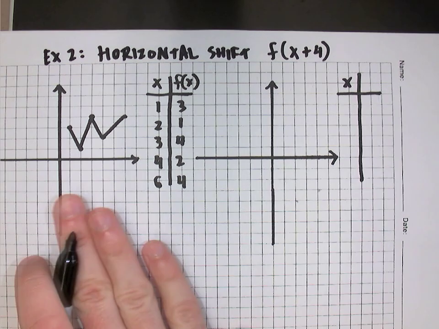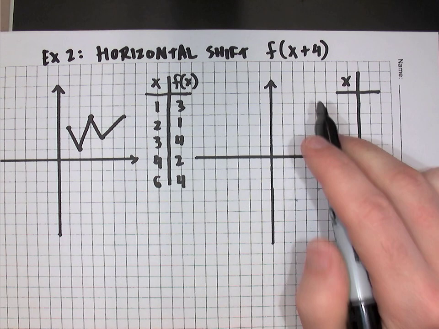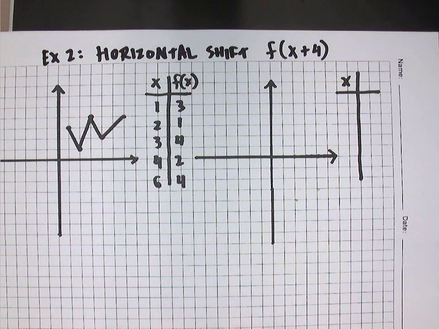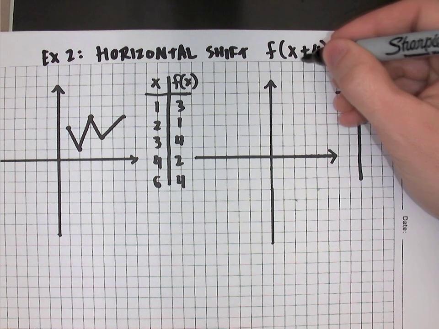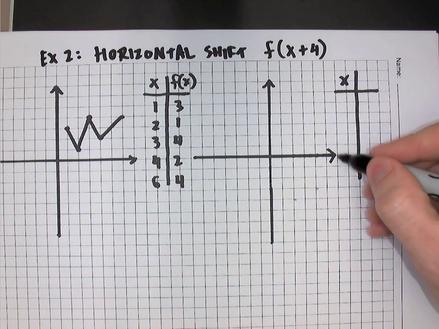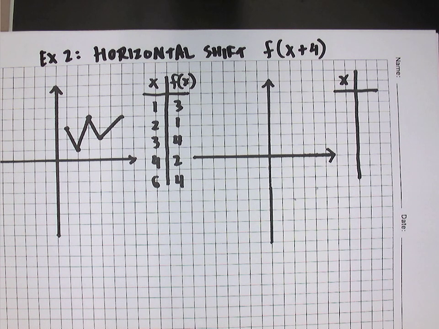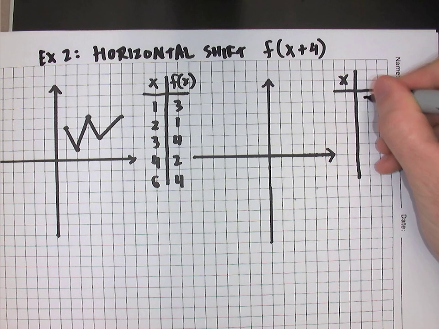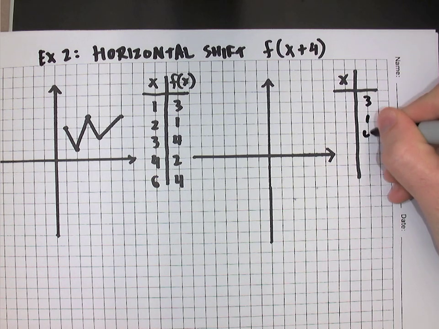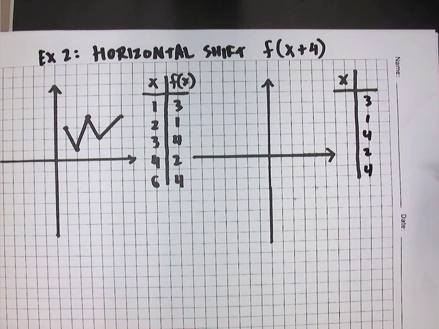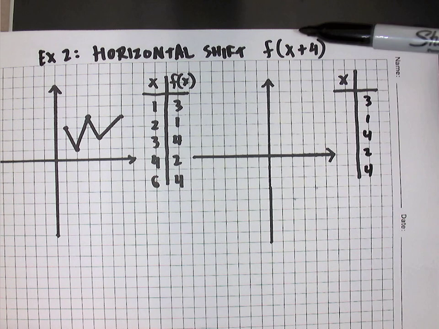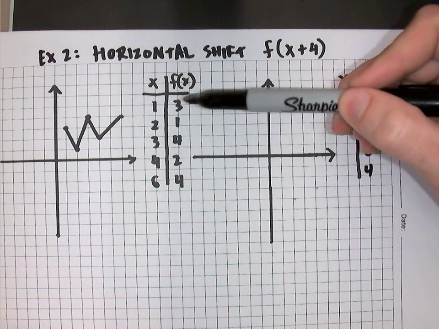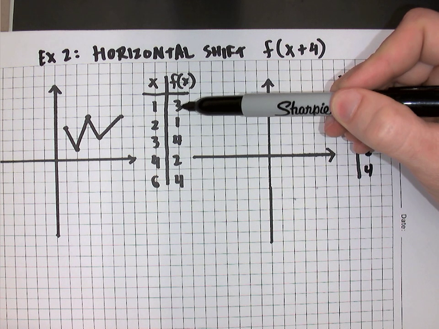So what's this transformation going to look like? Well, f of x plus 4, you might think, is going to shift it to the right 4, because we're used to plus being positive and indicating the positive x-axis here. But it actually works kind of opposite. The y values, of course, do not change, so we still have 3, 1, 4, 2, 4, but what you have to think about is what x's would you have to plug in here to get those same y values. We knew this ordered pair was true, that if x were 1, y were 3, but